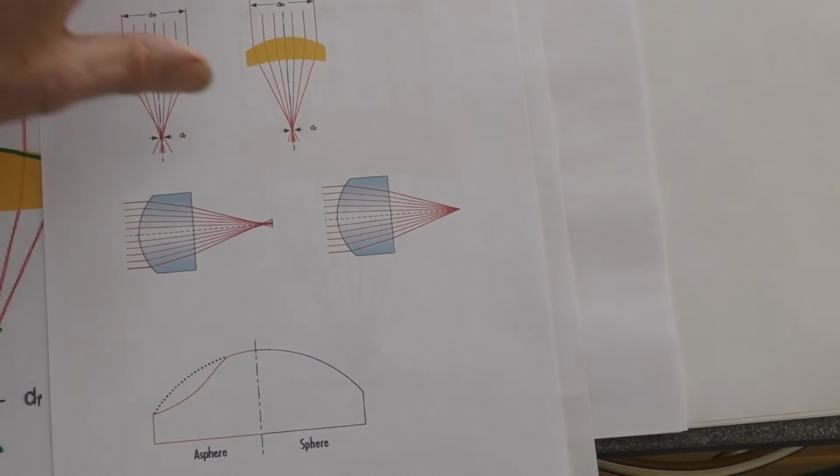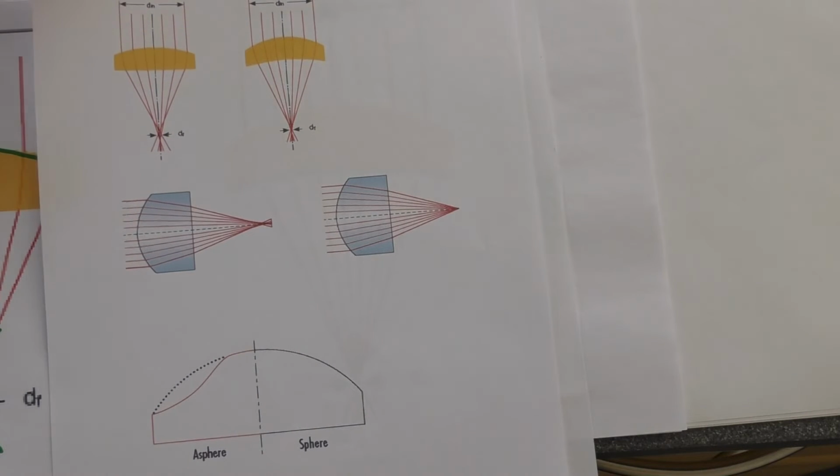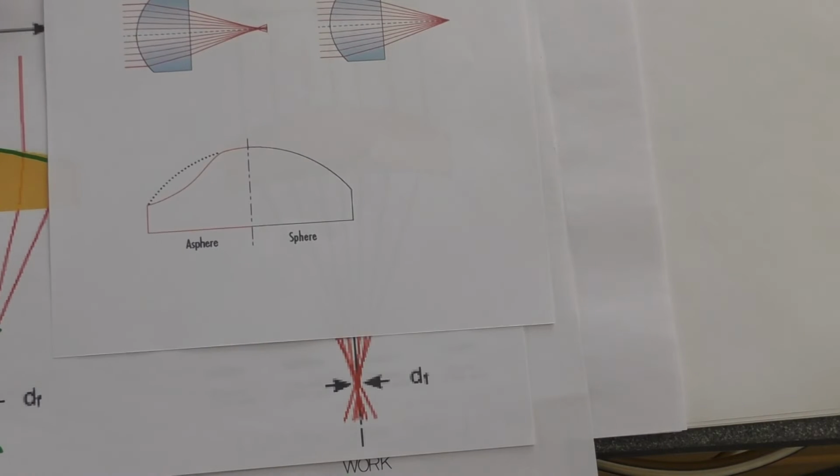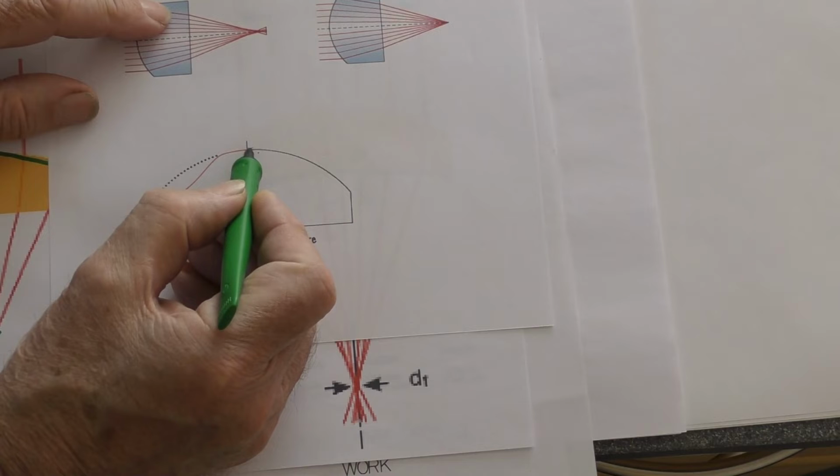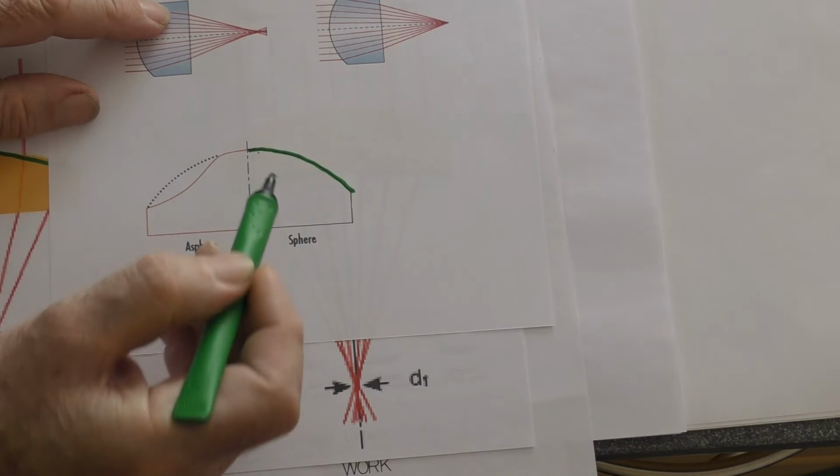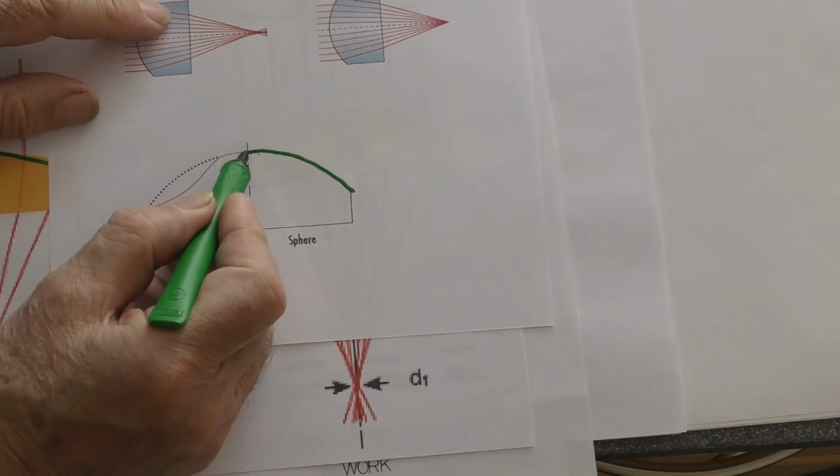And that's been corrected by special geometry on the surface of the lens. Here's what we've got, and here's something called an aspheric lens,